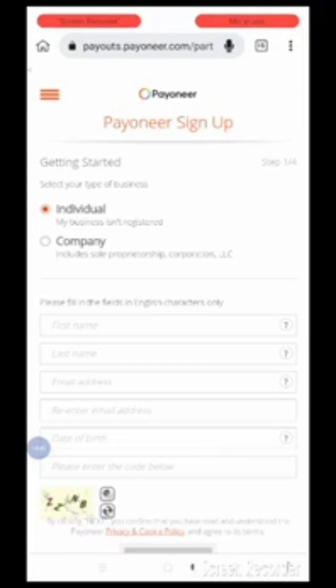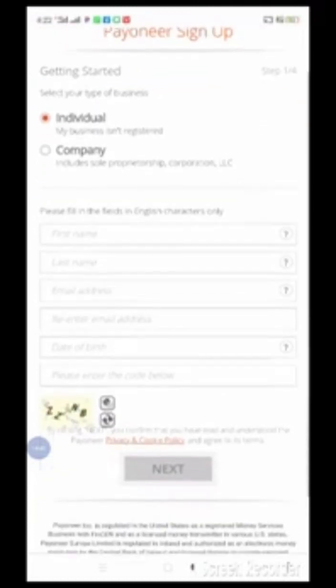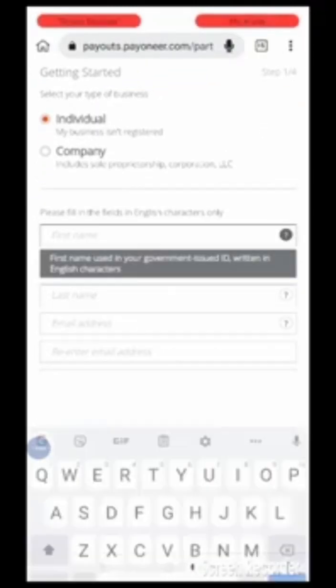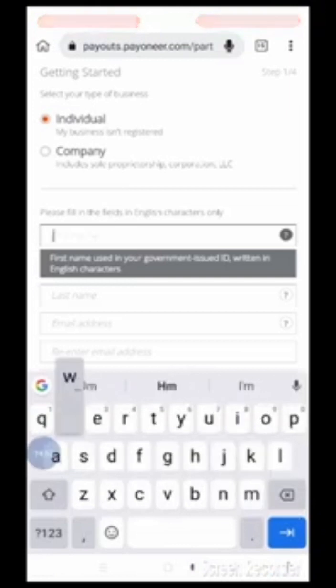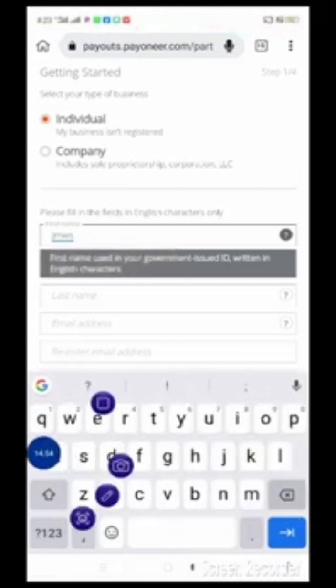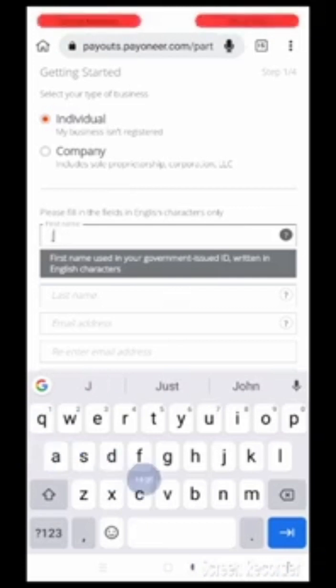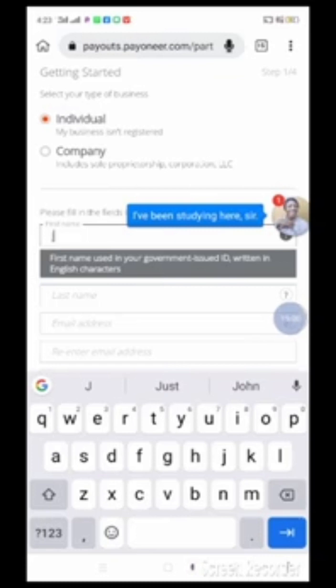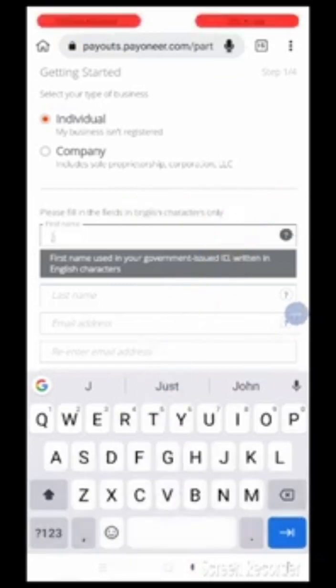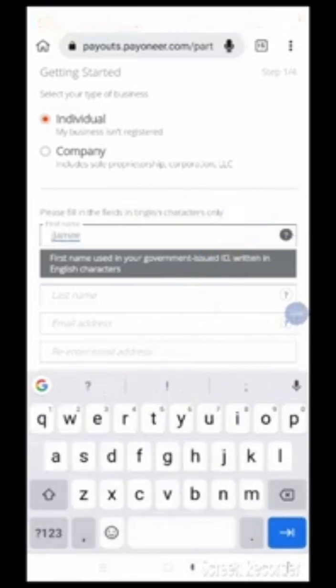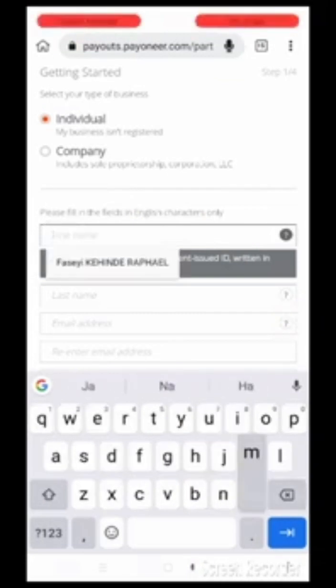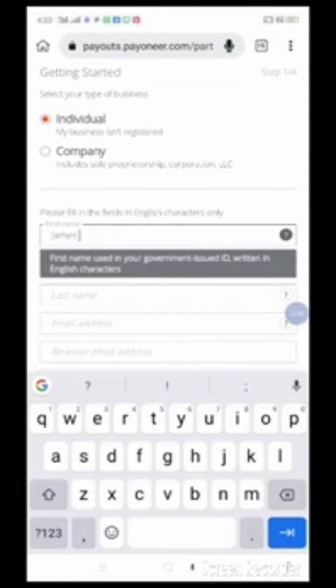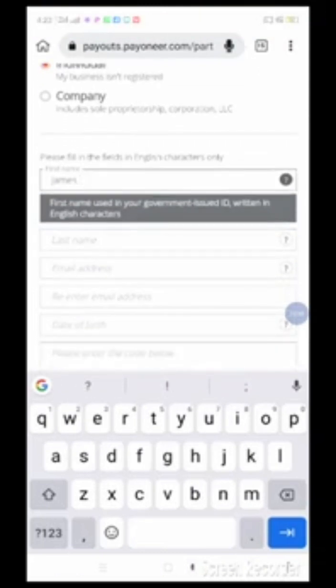So please, you have to pick individual, right? Just pick individual, then put your first name here. Then put James. Please ensure that the name you are putting, you have the national ID for it, because they will ask